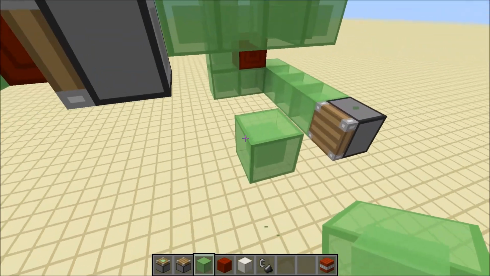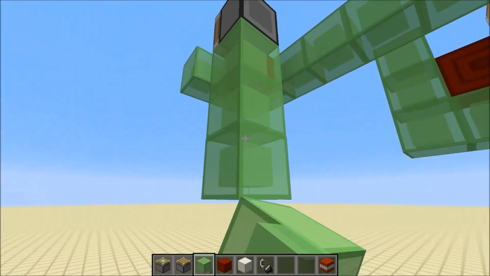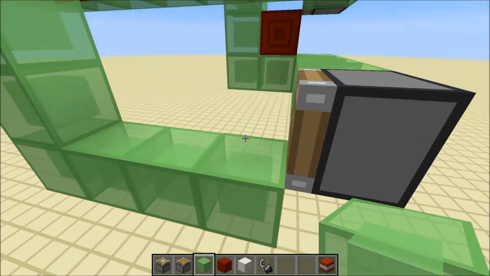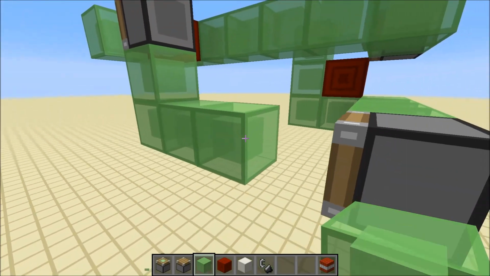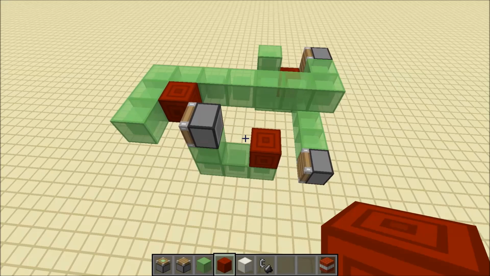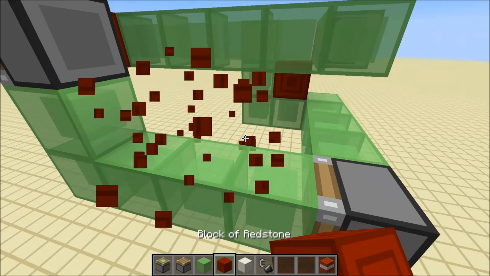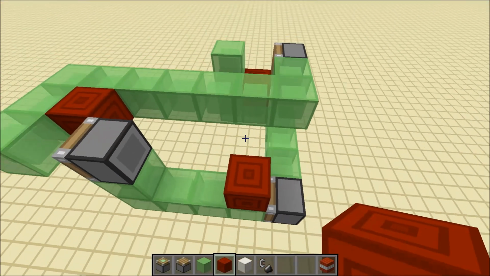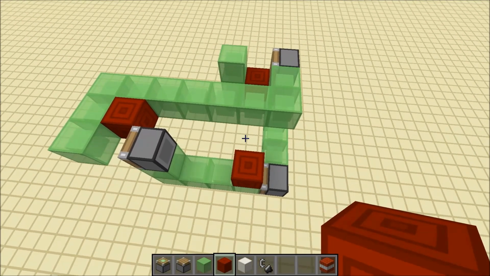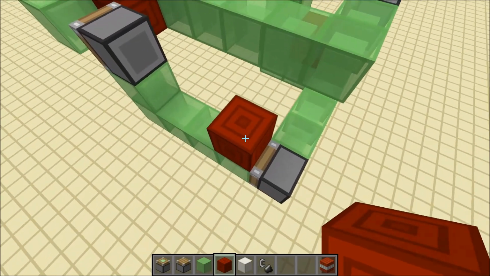Now, if I attach this piston with a push section to here, what am I doing? Let's just do it like this. If I put it like this, nothing will happen because we have a stable situation. But if I move this redstone block here, now we have an unstable situation, because as soon as this piston